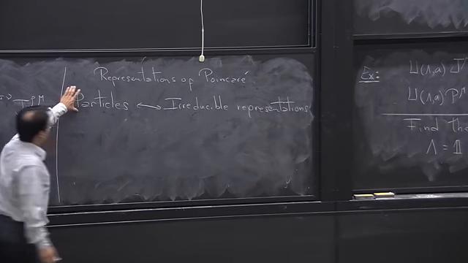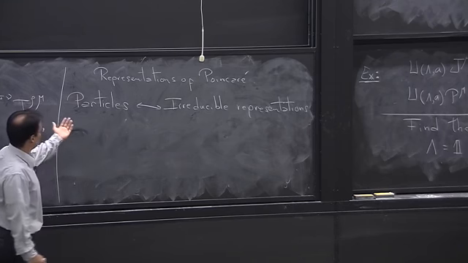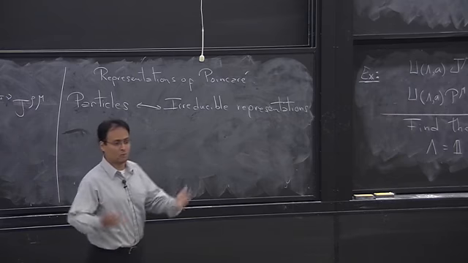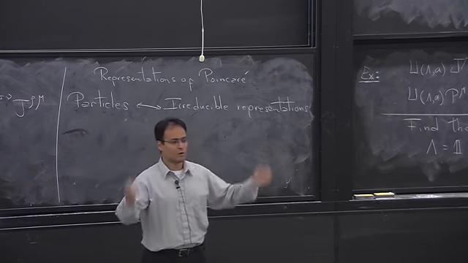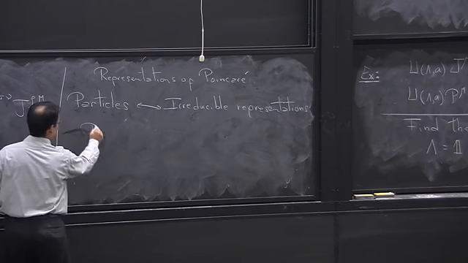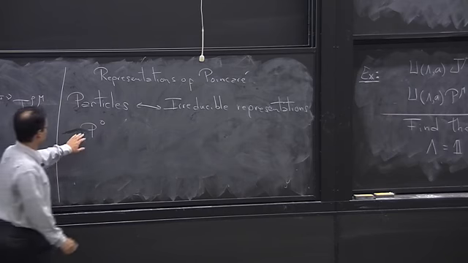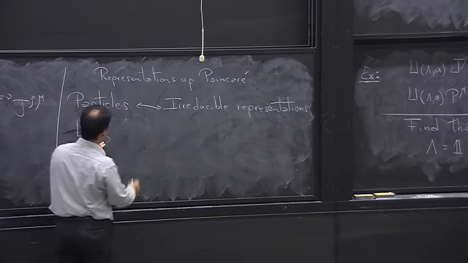Now, how do we start our search for irreducible representations? So how do we start our search for particles? Well, we have to find ways of labeling these particles. Well, we have these operators, okay? They are Hermitian, so their eigenvalues are real, right? So we can start searching for interesting eigenvalues, okay? Well, we know that P0 was special. It's the Hamiltonian of the theory, okay? So if we search for all possible operators that commute